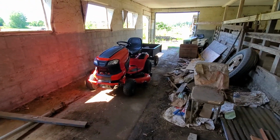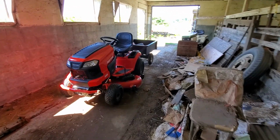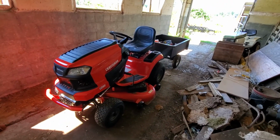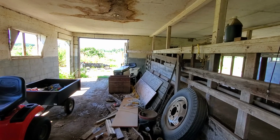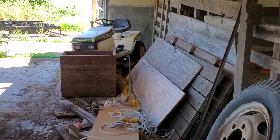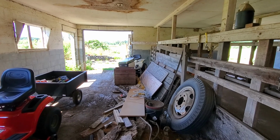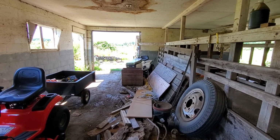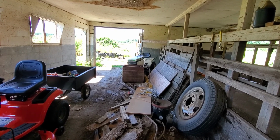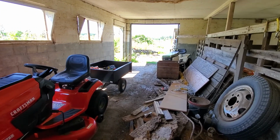We did end up buying a new riding lawnmower just because our old one was giving us fits and had been for a long time, and you can't get parts for it. It's that old Bolens there. It's still a pretty decent machine, but it's been in Shannon's family for so long, I don't want to be the guy that kills it. So I changed all the fluids in it and just kind of parked it there for now until we finished